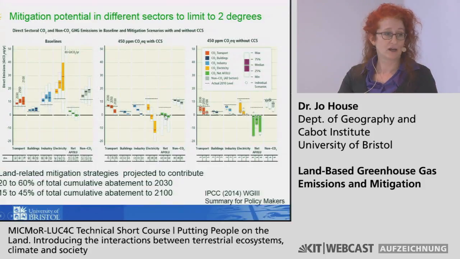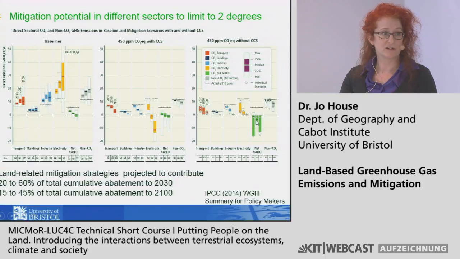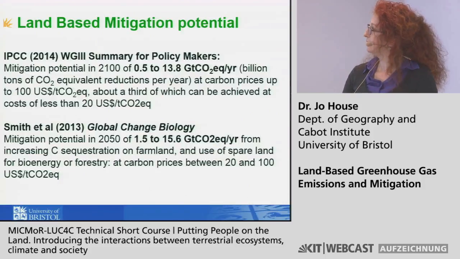If you think that we won't have carbon capture and storage technology ready, or that even if we had the technology ready, you don't trust the fact that it will actually all be stored and stay in the ground, then you have to do even more really dramatic things in the land sector to still achieve 2 degrees, and that is massive, massive afforestation. As I'm sure you can imagine, that would have a lot of implications for food production. So I won't go into those; they are just two different assessments of what mitigation potential was.